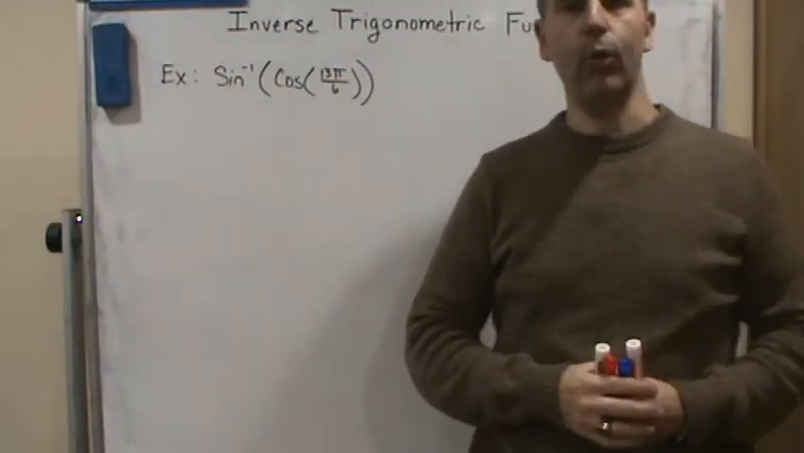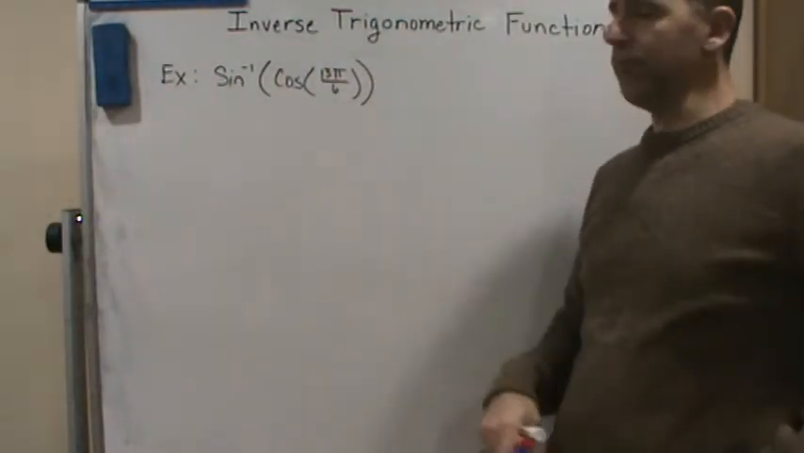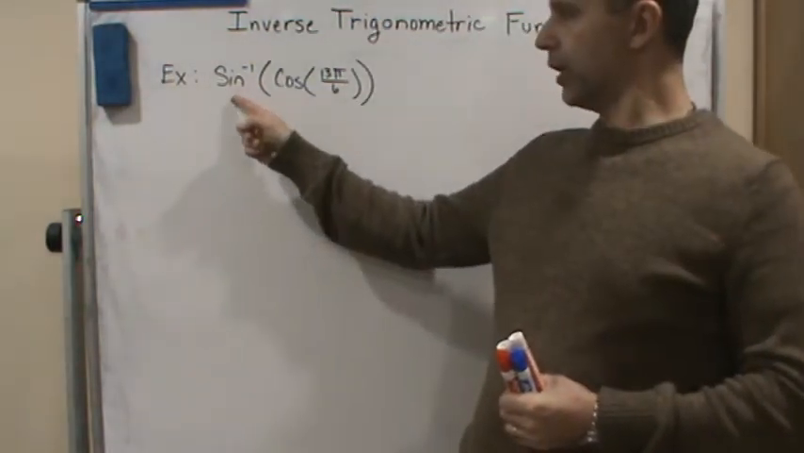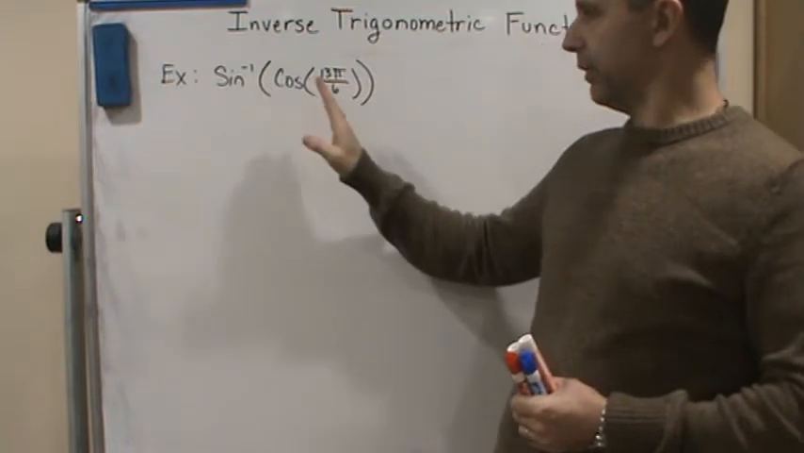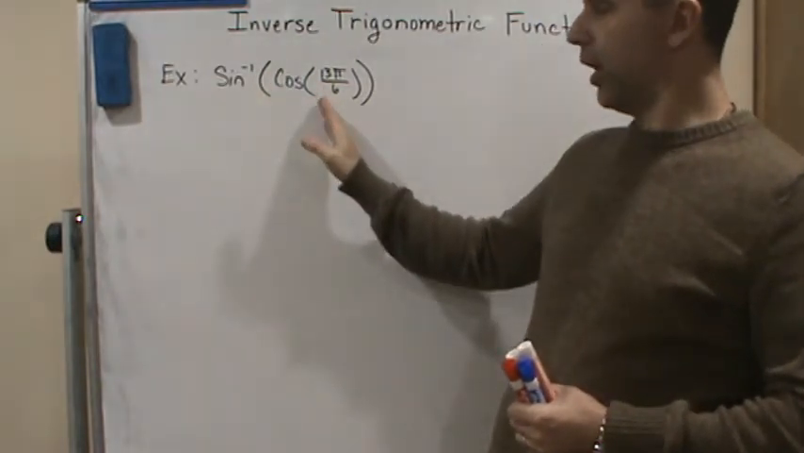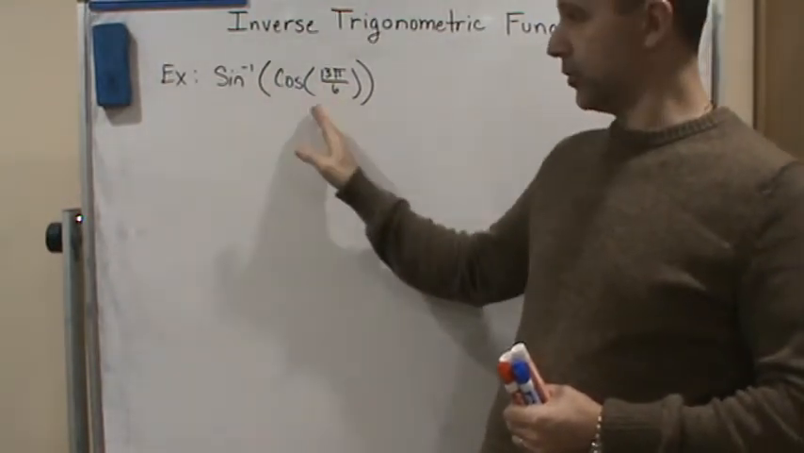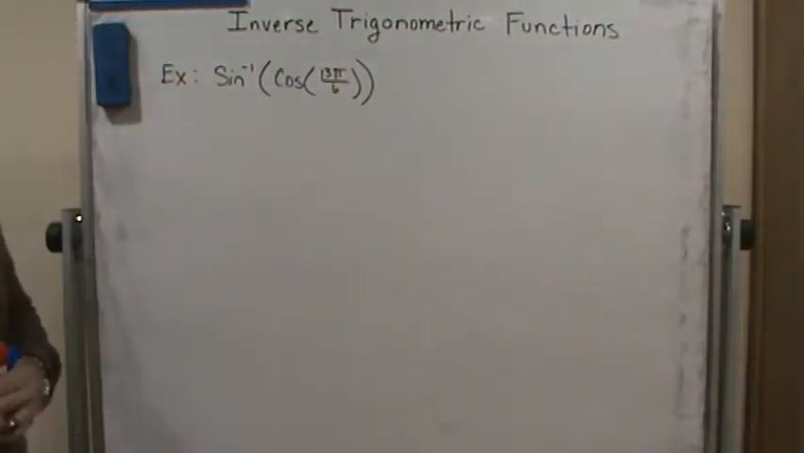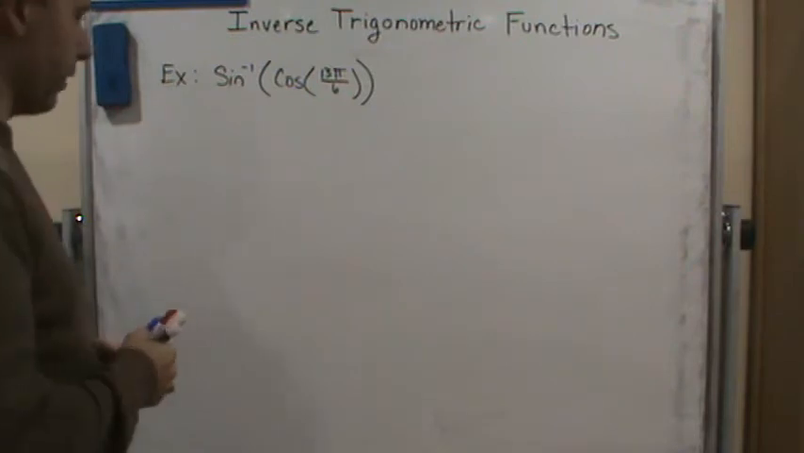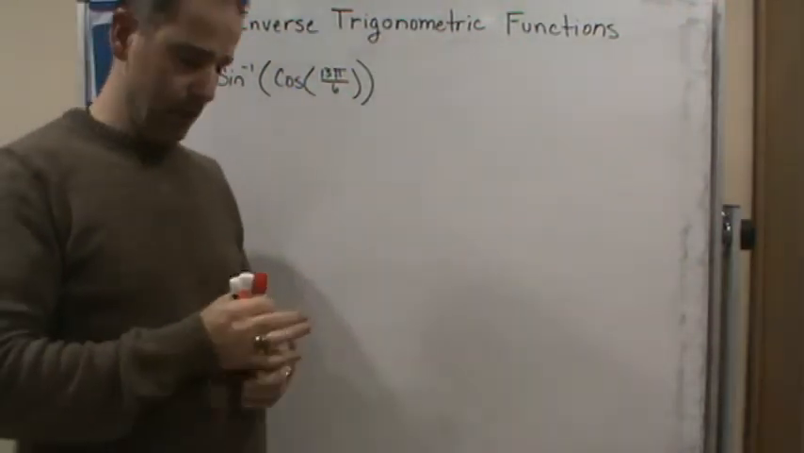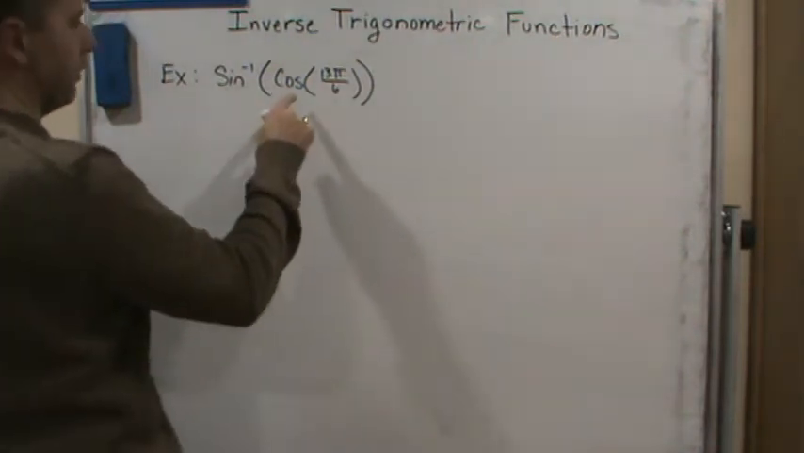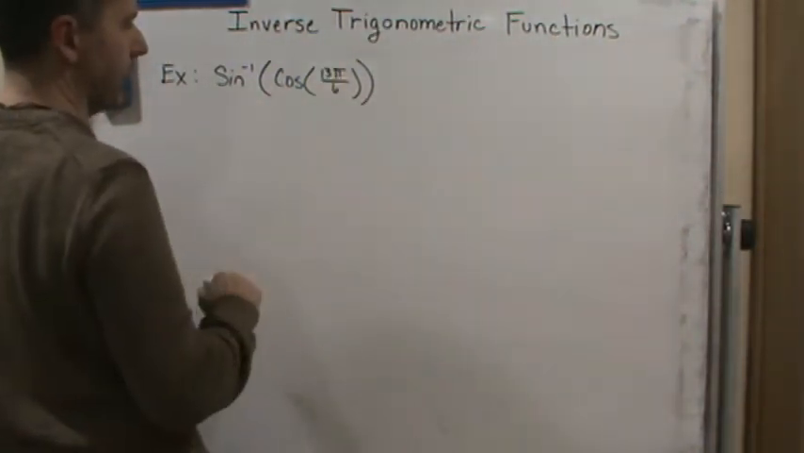Okay, so now we're going to do an example where we have a trig inverse function with another, different trig function. We're going to do it two ways. I'm going to do it directly, and then we're going to use the method that I showed in the previous video. So the first thing I'm going to do is find the cosine of 13 pi